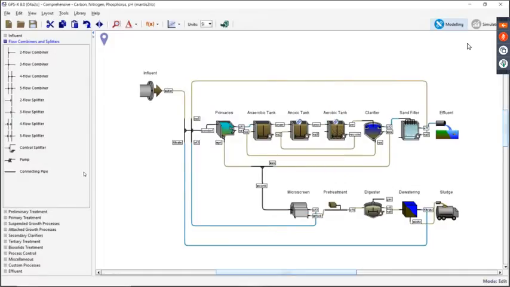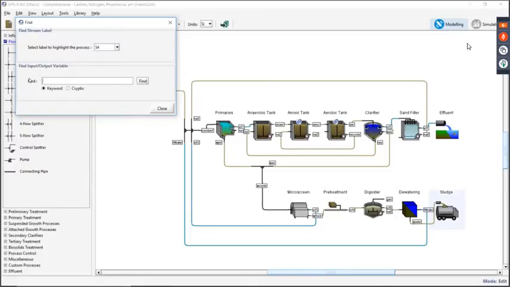We also have another brand new feature called the find feature. This is a way to actually search for things within your layout. For very complex layouts that have a lot of connection points, sometimes you'll be looking for a variable and you forget which object it was associated with. So you can now search for a particular label, a particular stream label, a connection point. This one, for example, was highlighted right here. You'll see in light blue that it's been highlighted.